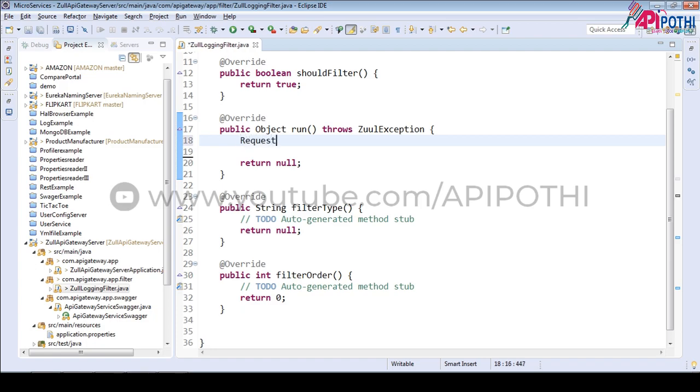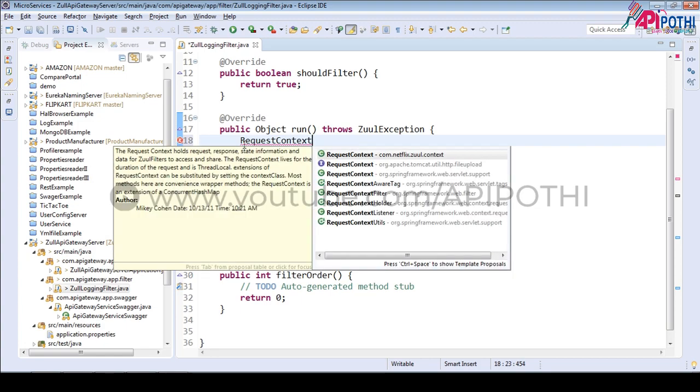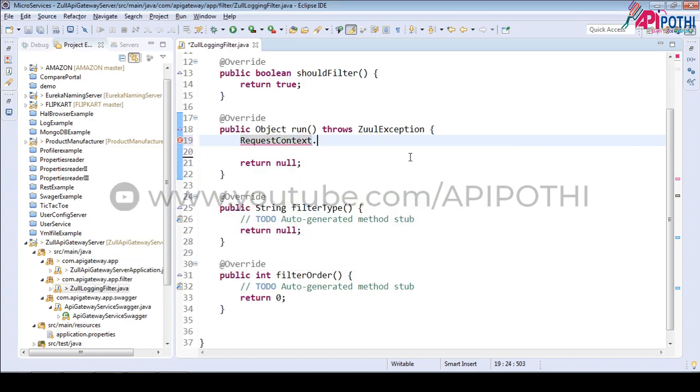There is an interface called RequestContext. If you see, com.netflix.zuul RequestContext, this one only. This is the class.